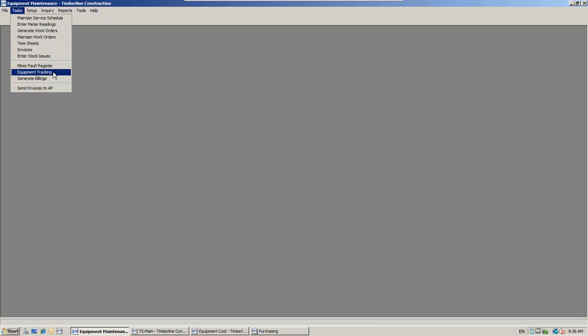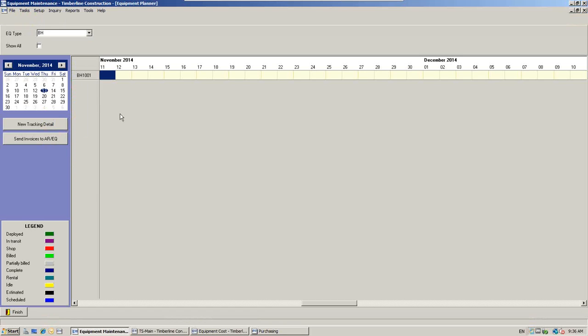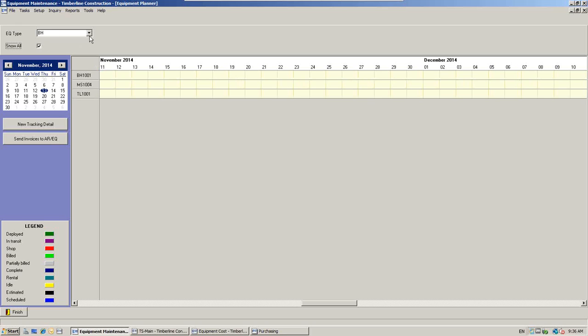Oh, I was going to mention our equipment planner add-on. So this is an add-on to equipment maintenance, and this allows you to schedule equipment by date here and by job. Oftentimes this is what is done on a big whiteboard somewhere, and so this you can show all of your equipment, or you can display it by type, and then you can enter in